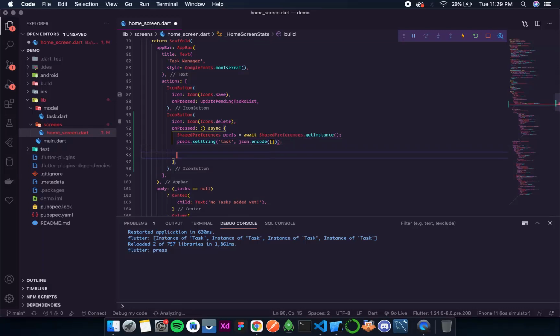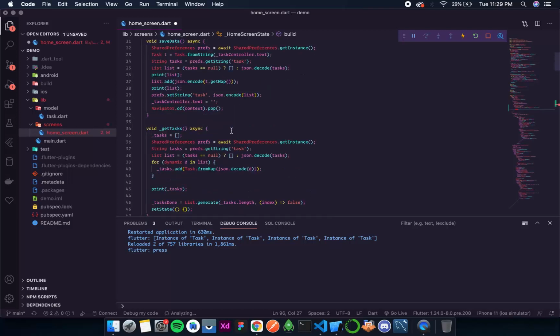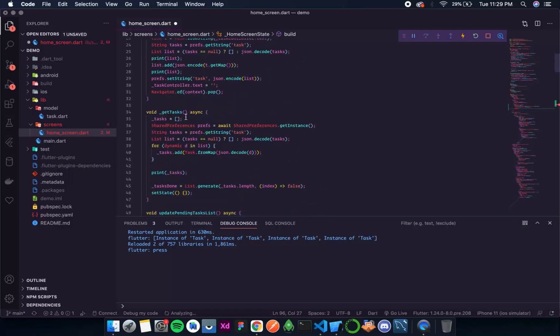That means all the things are removed, nothing is inside this list. And after that simply I'll call the get tasks method. Okay, I think it is get tasks. Yeah, so it is get tasks.